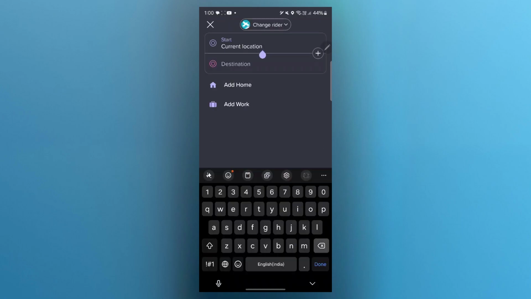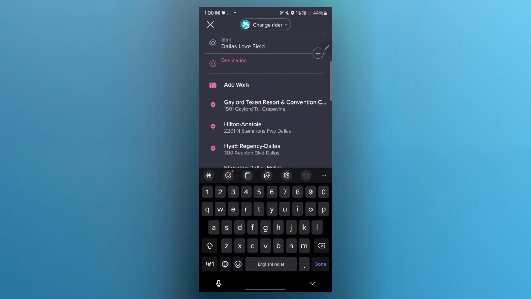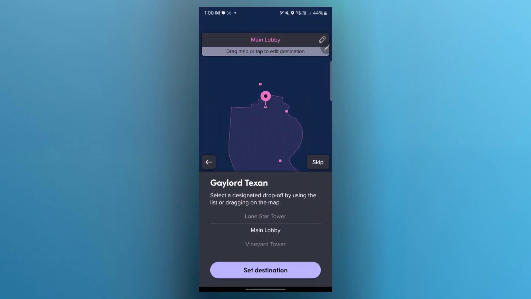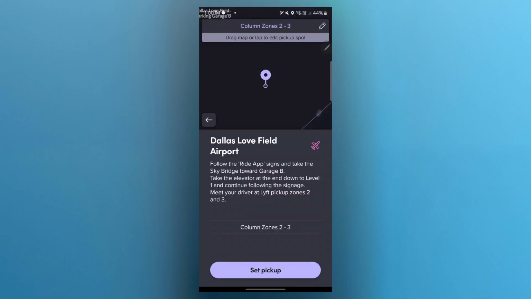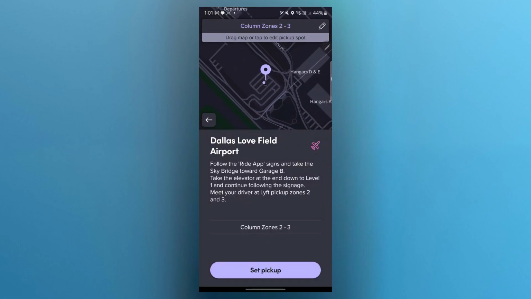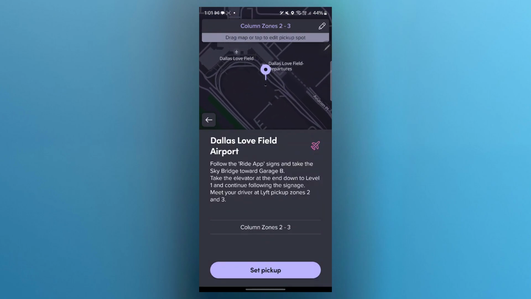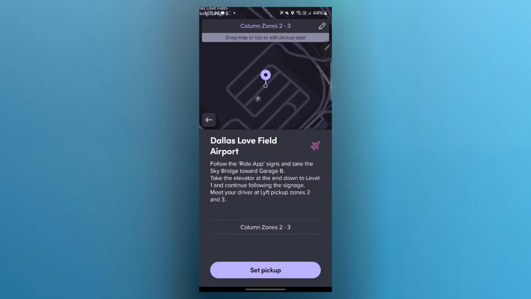Here, you'll be on this page where you can see you have a start and destination section. So, click on the start and enter the place where you want your pickup. So I will choose this place. Now, in the destination, choose where you want to go. After you enter your start and destination point, you can click on set destination. Now choose your pickup and you can also navigate on the map and place this cursor anywhere you want for your pickup. For example, if I would want my pickup here, I will just place my marker here and click on